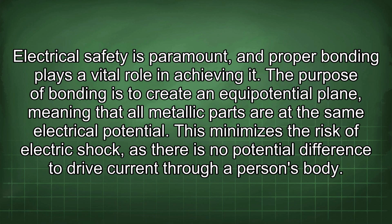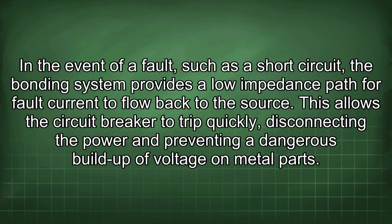The purpose of bonding is to create an equipotential plane, meaning that all metallic parts are at the same electrical potential. This minimizes the risk of electric shock, as there is no potential difference to drive current through a person's body. In the event of a fault, such as a short circuit, the bonding system provides a low impedance path for fault current to flow back to the source. This allows the circuit breaker to trip quickly, disconnecting the power and preventing a dangerous buildup of voltage on metal